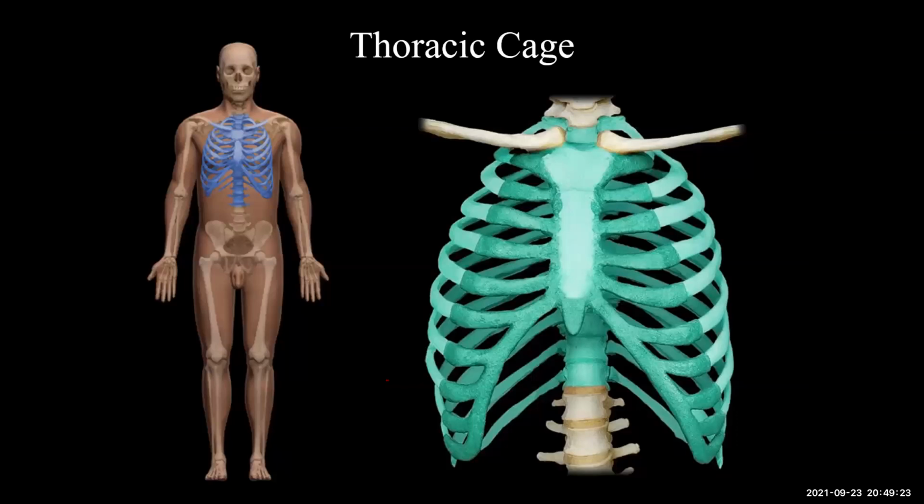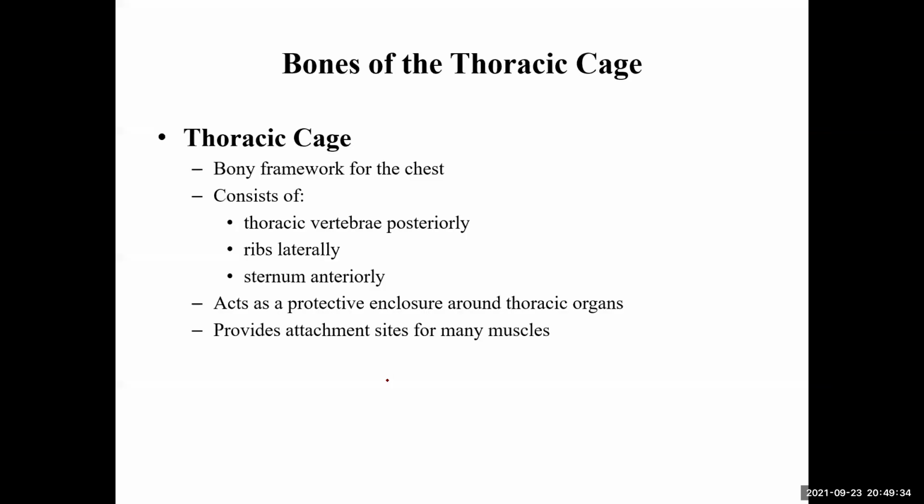All right, thoracic cage, here we go. So what makes up the thoracic cage? Your ribs and your sternum, which is your breast bone there. So let's talk about that. So when we're talking about the thoracic cage,